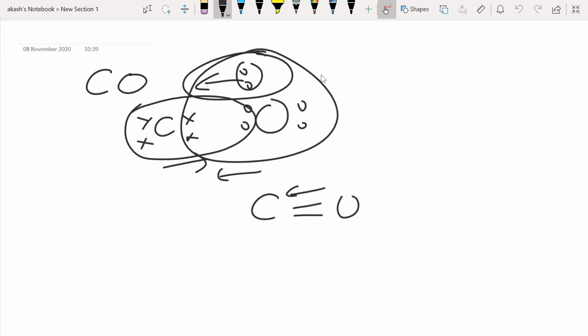So a coordinate bond is basically a normal covalent bond. In a normal covalent bond, 1 electron comes from each atom. In a coordinate bond, 2 electrons come from 1 single atom. That's the basic difference between a normal covalent bond and a coordinate bond. Is that okay? Right. So obviously, for a coordinate bond to be formed, I should have an empty orbital